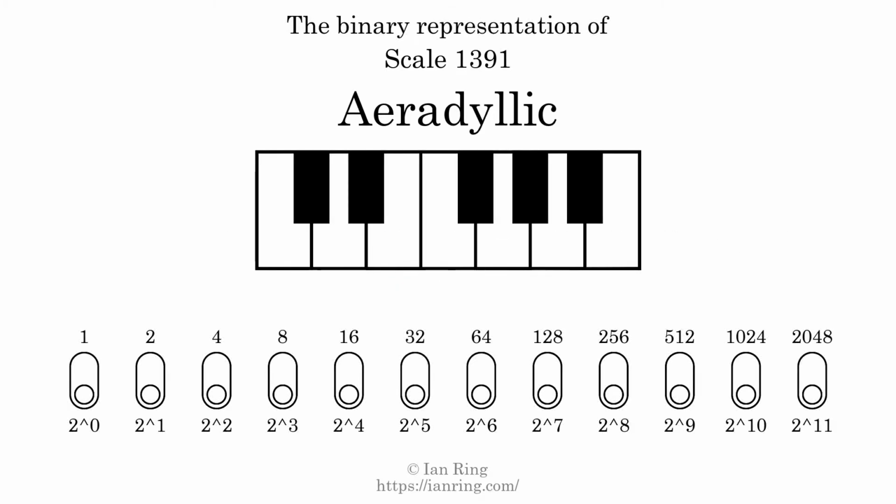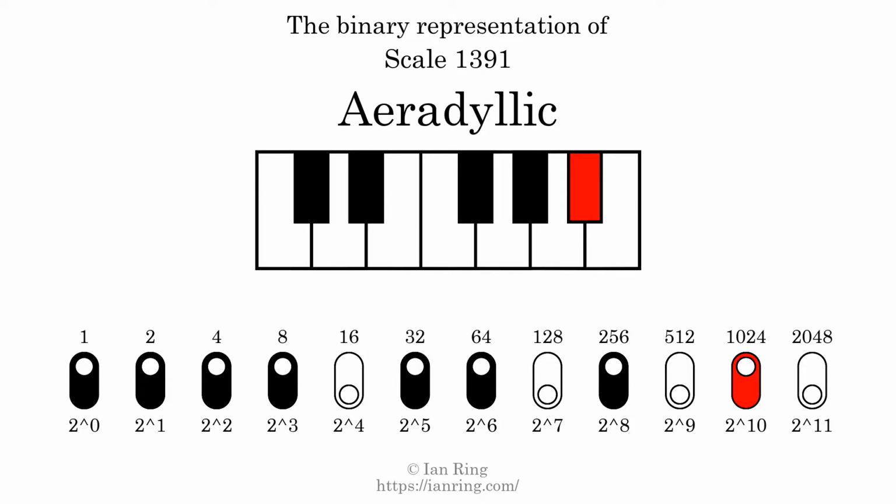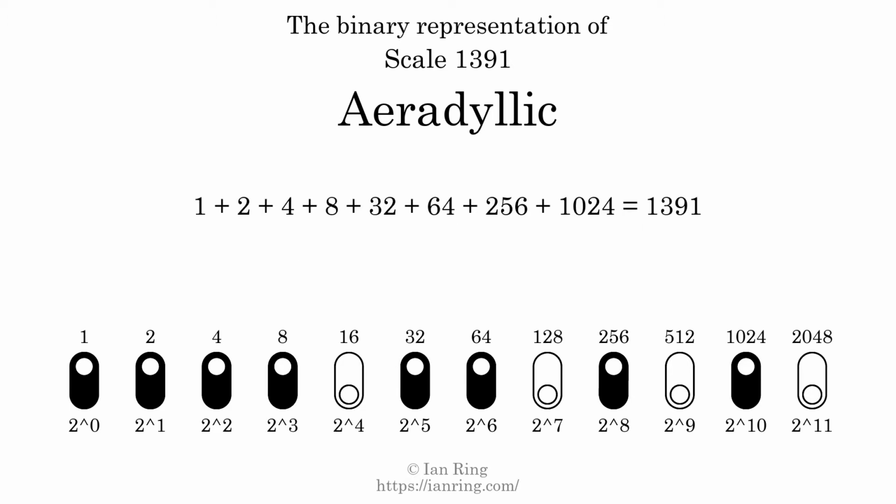The binary representation of this scale is determined by mapping tones of the scale to binary digits. Each binary digit represents a power of 2. To get the scale number, we add the powers of 2 together. The powers of 2 that are present in the scale, all added together, equals 1391. That is why the scale number, in decimal, is